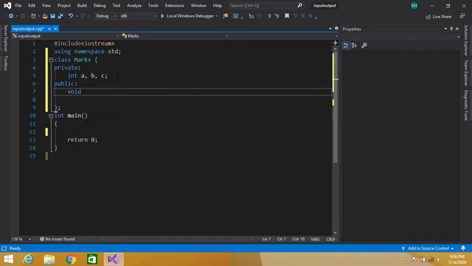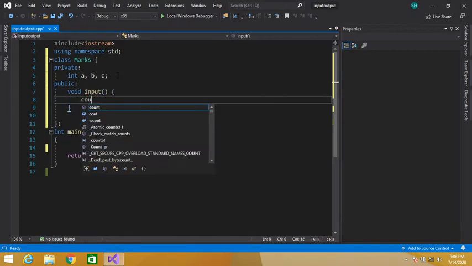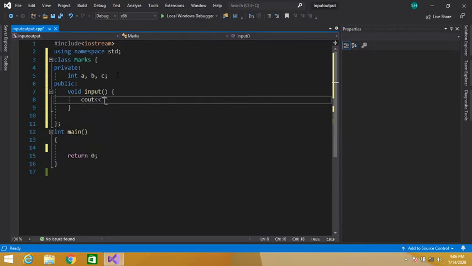void input function to input marks. So cout "enter marks of three subjects". So we are prompting the user to enter the marks of three subjects.